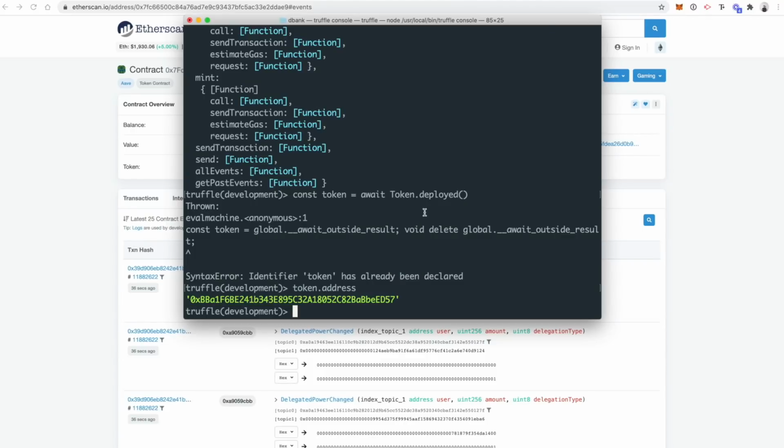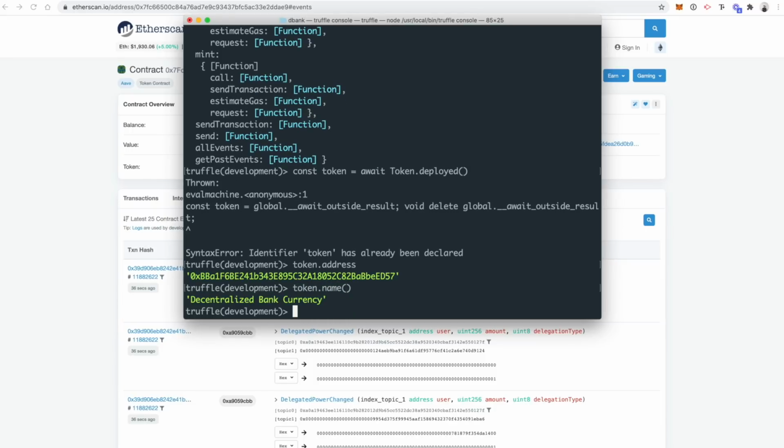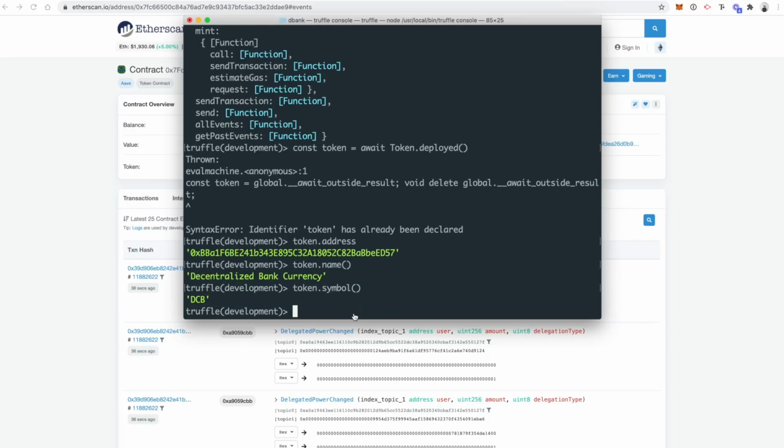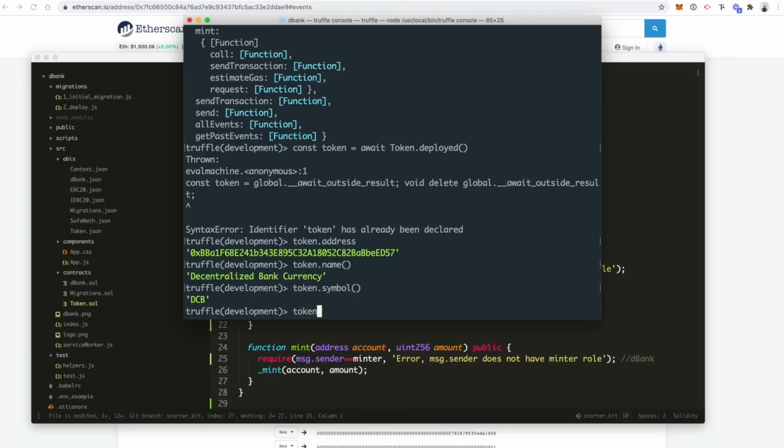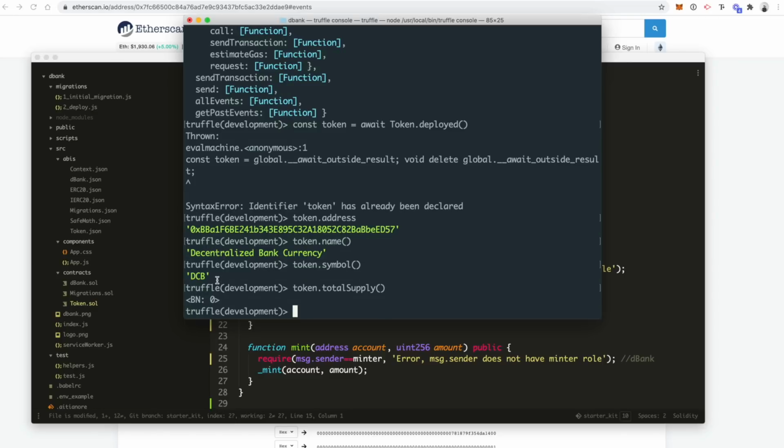You can see the token.name. Okay, so the decentralized bank currency, token.symbol. All right, so just like we coded inside of here. We can see token.totalSupply. All right, is 0. All right, so now I want to show you how the mint function works, because basically we want to be able to create tokens on the fly. So inside of here,